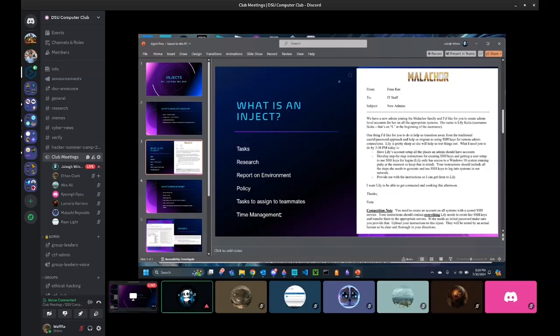The other thing I'll say that I kind of alluded to earlier, time management's really important because you will have a bunch of these injects at once.